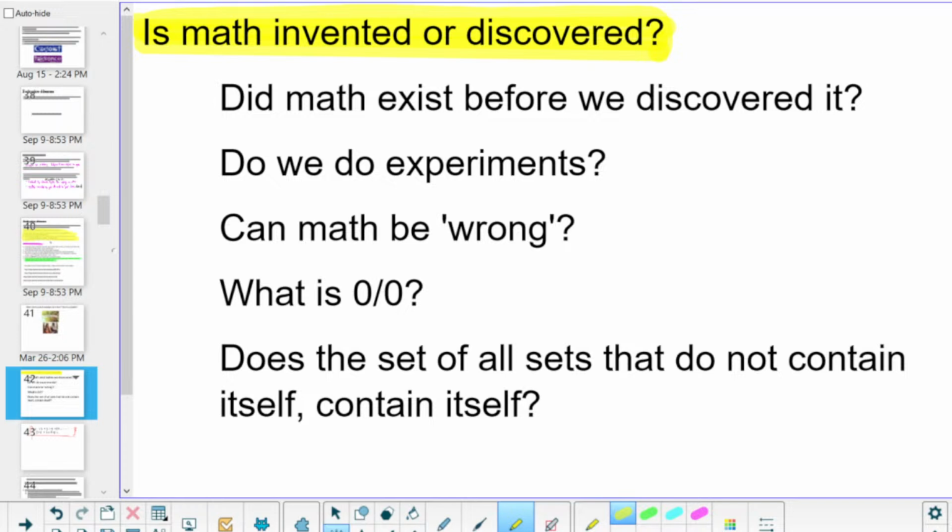Does the rest of your group agree with me? Because you started off saying you think it's discovered, but okay. You agree with me, right? That it's discovered? No, that's amended. Okay, does everybody think it's invented? I think it's purely invented. I think it's discovered. Why do you think it's discovered?